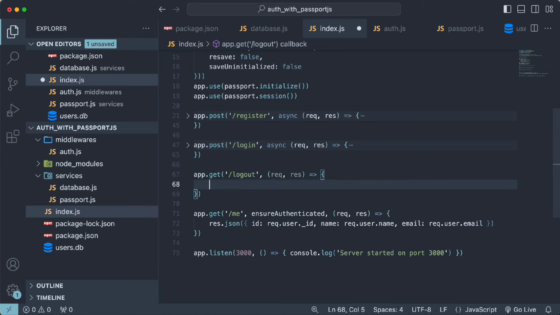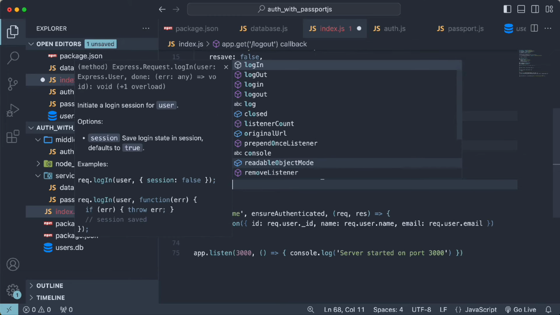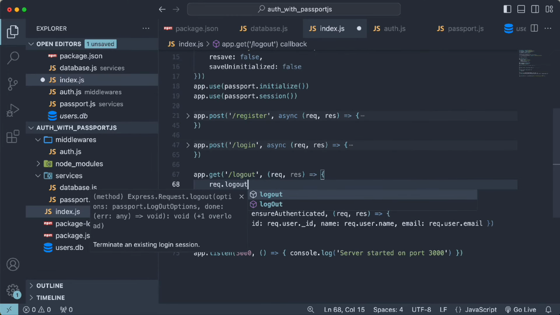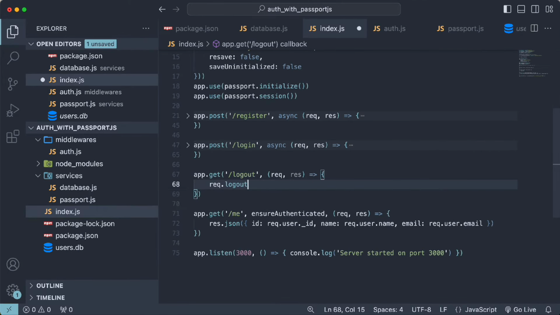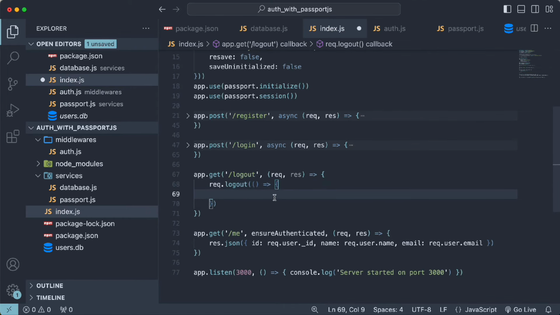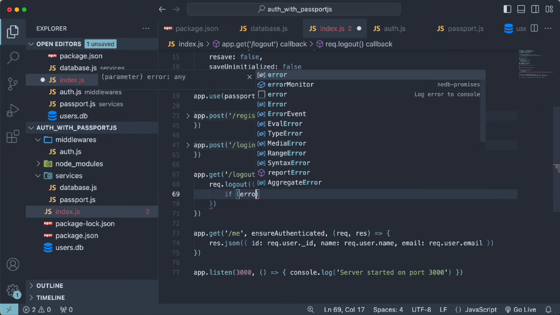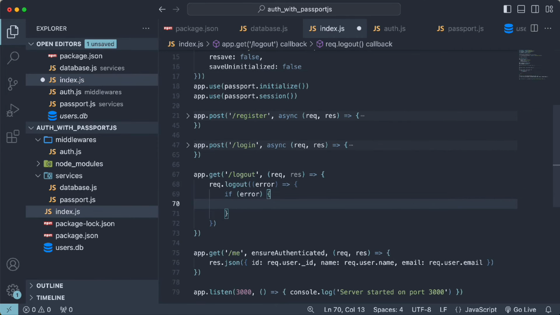and inside we can call the request parameter dot, and Passport offers a method called logout that already takes care of everything for us. Note that we also have logOut in camel case as well. But just like the login, they're the same, so I'll select the one in lowercase. And this method returns a callback function with an error parameter in case something went wrong. So inside this function, we can add an if statement and check if there's an error. If so, we can return